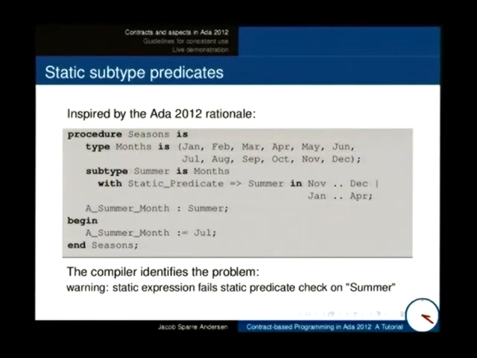There's a similar example in the 2012 rationale, but it's written by an Englishman, and he's clearly not used to the concept that the summer can go from November to April. So he does it with a window from December to January to February instead. The effect is the same.